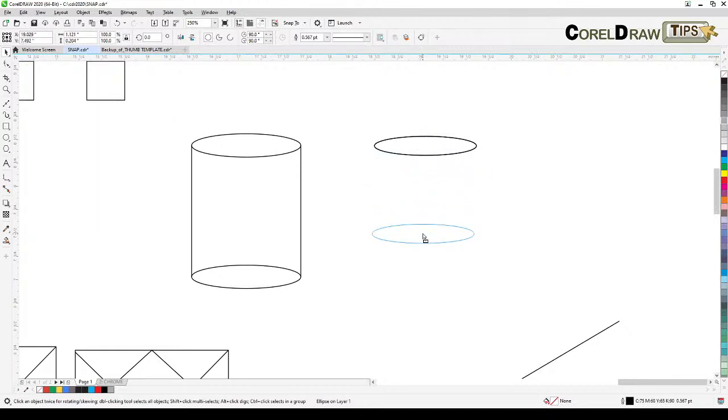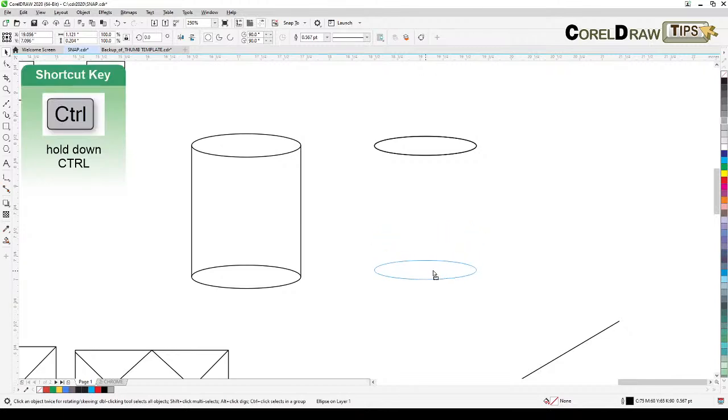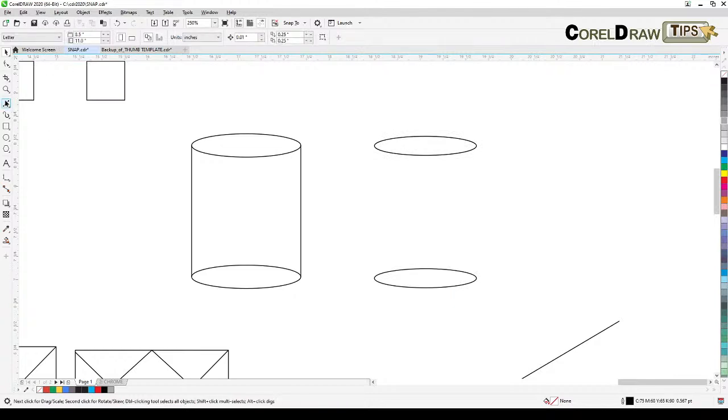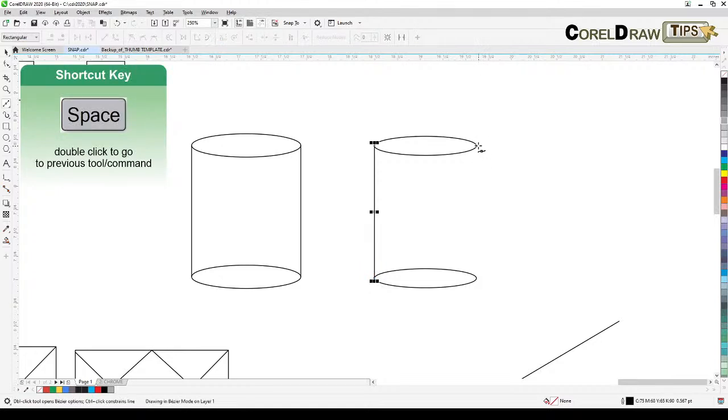And while you're doing that, hold down Control to make it aligned, and then you go to your line tool, and then you go quadrant to quadrant, and double click on space, quadrant to quadrant. Okay,